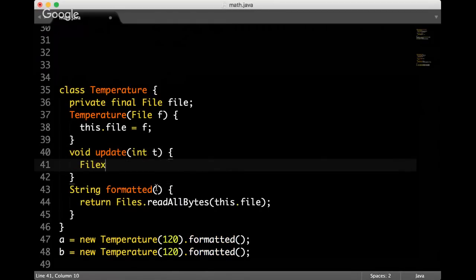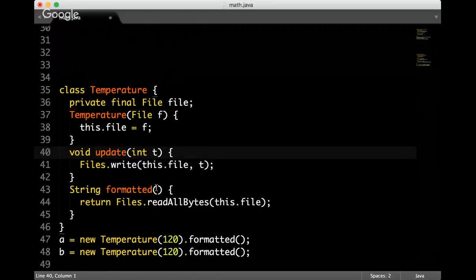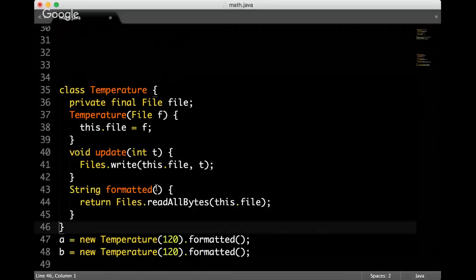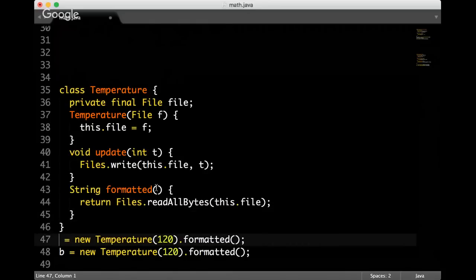And then, I don't remember, something like that. It doesn't matter, but we just save to the file, we save the key. So what do we have now? Is it immutable? We can create a temperature and encapsulate something like that.